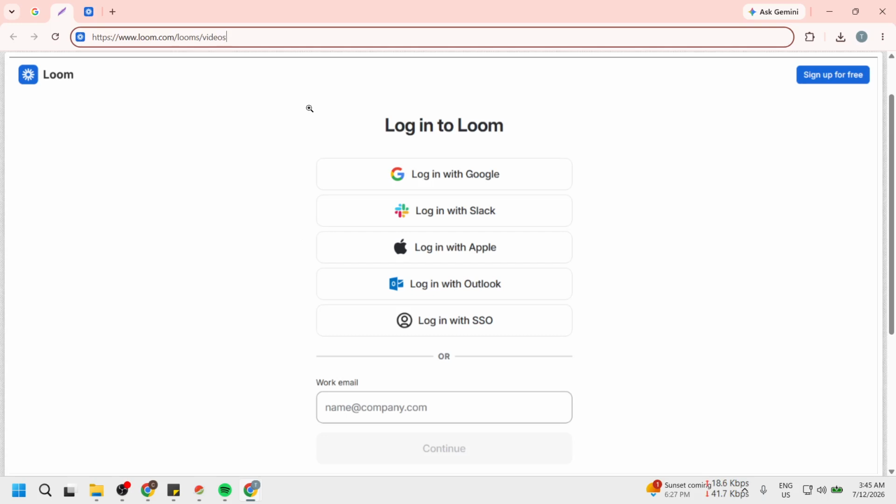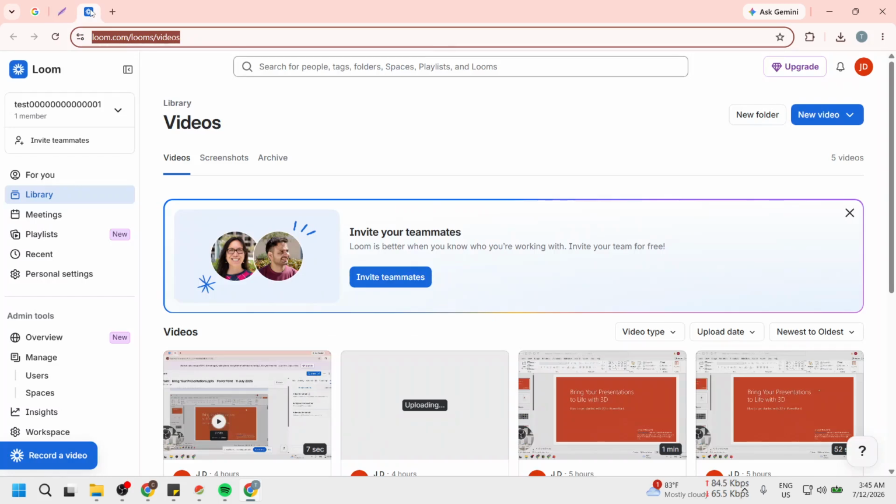Now, log into your Loom account. You will see fields for your email and password on the login page. Enter your credentials carefully and then click the login button. If you don't have an account, you can create one here, but for now, we will focus on logging in. This step matters because accessing your account allows you to use all the features Loom offers, including microphone settings. Once you are logged in, it will be easier to navigate to the settings you need.